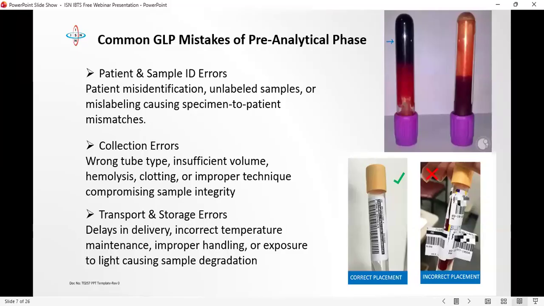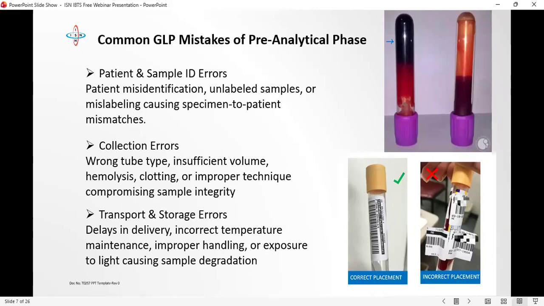If you look at this other picture, the one below, you see how the labeling was done. This is a facility that is using an LIS system, so you can see that this is a barcoded sample. You look at the first picture, and you see that it was properly labeled. Then look at this other picture. You see how the barcode is placed on the sample tube. So this is another error that can happen during the pre-analytical phase.